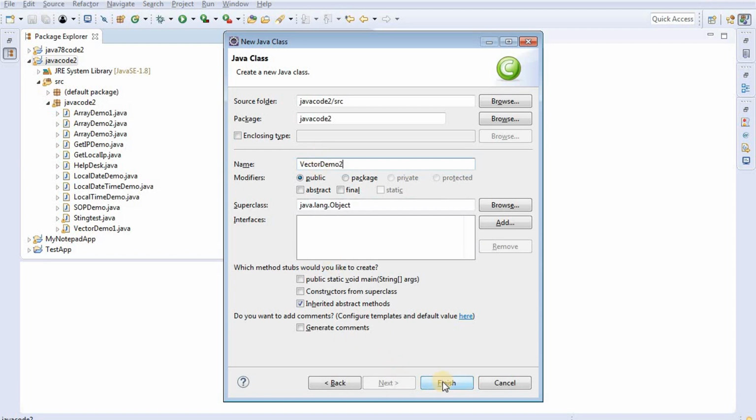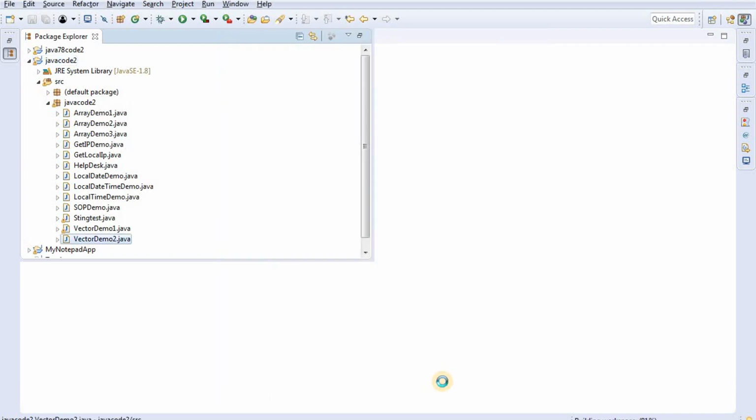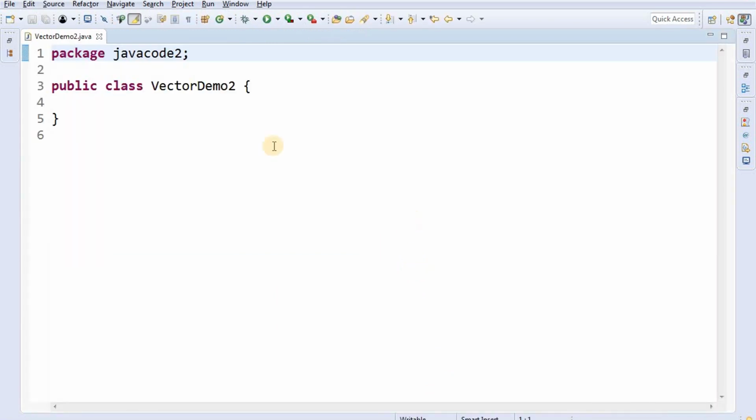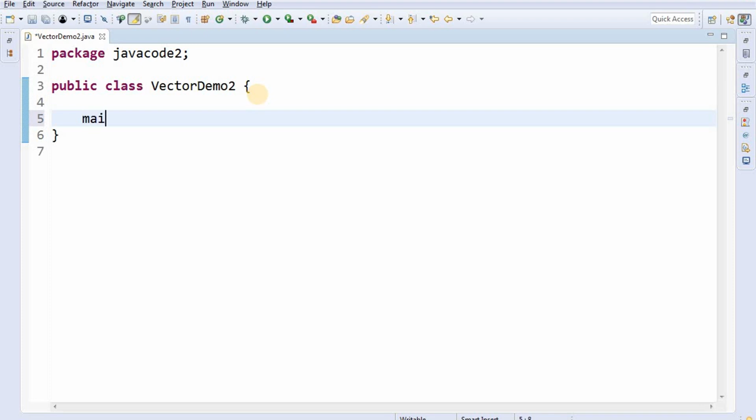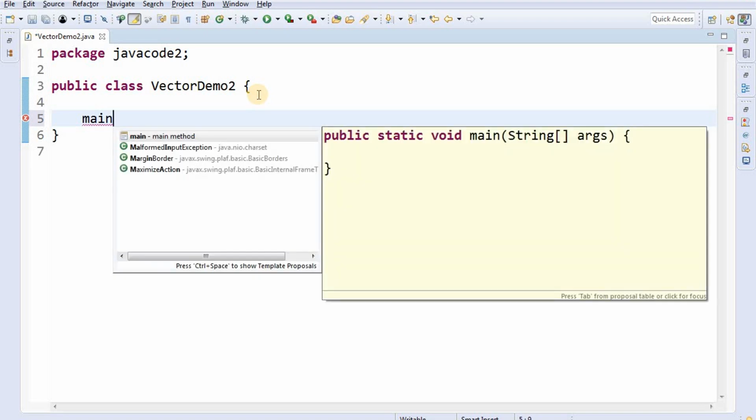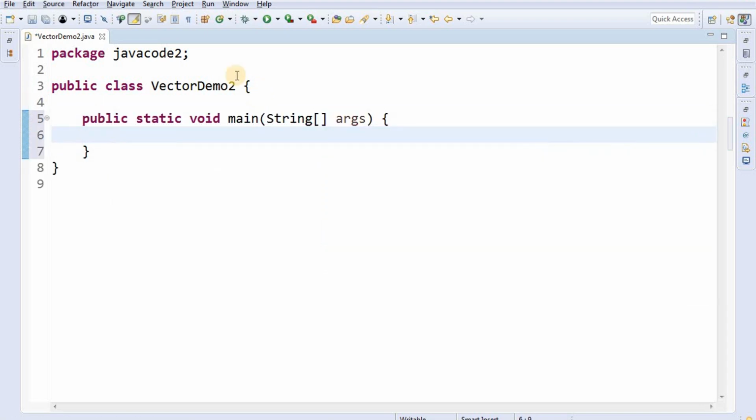Now press the finish button. In this one, we have to write the main method. To write the main method in Eclipse IDE, simply type main and press Ctrl+Space. The IDE will automatically insert the main method for us. Now let's import a package, that is